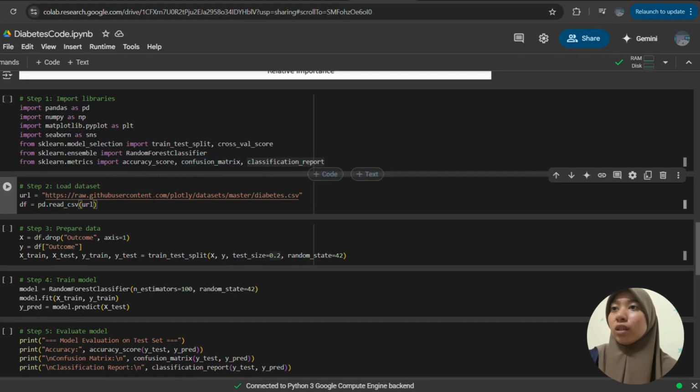We load our dataset, which is the PIMA Indian Diabetes Dataset, from an online source in CSV format. Next, the dataset was split into input features X and target labels Y, followed by an 80/20 train test split to evaluate model generalization. To train the model, a random forest classifier was selected as the classification algorithm, configured with 100 decision trees and a fixed random state to ensure reproducibility. The model was trained using the training subset.